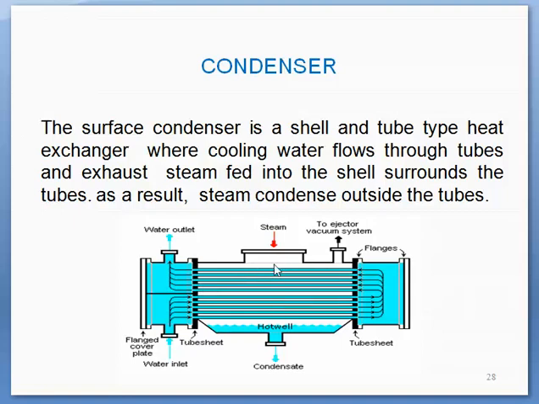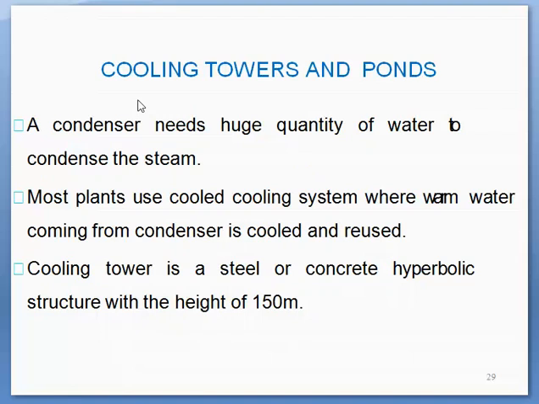Because of this low temperature cooling water, steam loses its heat and converts into water or liquid phase, and it is collected in the form of condensate at the bottom of the condenser, that is the hot well. The cooling media which is required in the condenser is cold water. For the proper functioning of the condenser, the terminal temperature difference of the fluid which is to be condensed and the cooling media must be a minimum of 10 degrees centigrade.